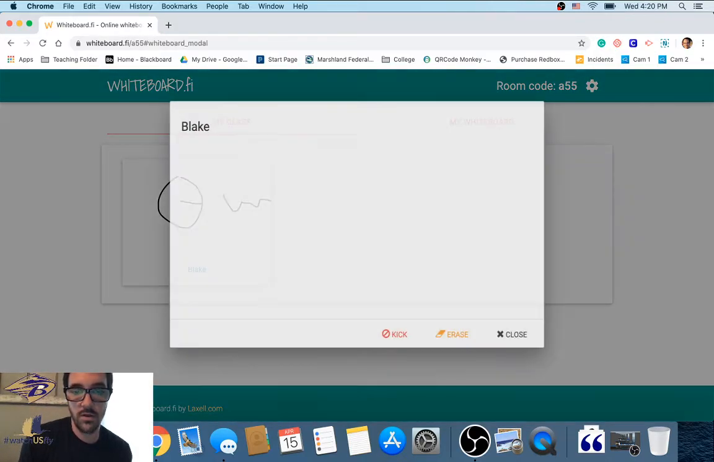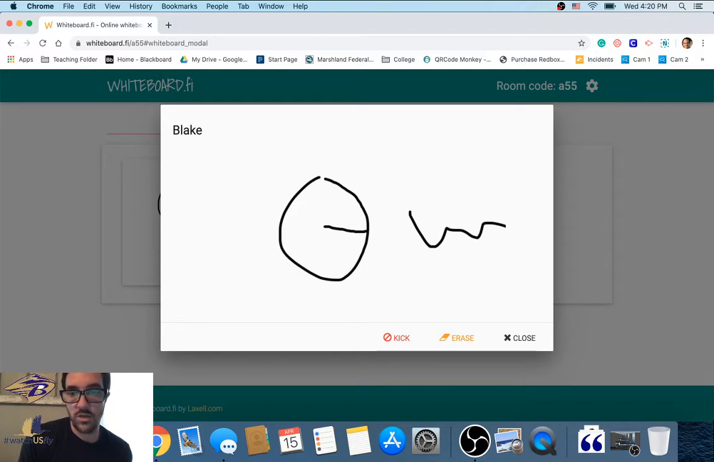When you click on their whiteboard, you could actually erase what they're doing, and you can actually kick them if they're not being appropriate. Depending on what's going on, there are some things you could do there, but you can't really write on their board. I think that's a missing piece. To me, you should be able to come in as the teacher and start helping them out if they're struggling. But what you could do is have this alongside your Google Meet,